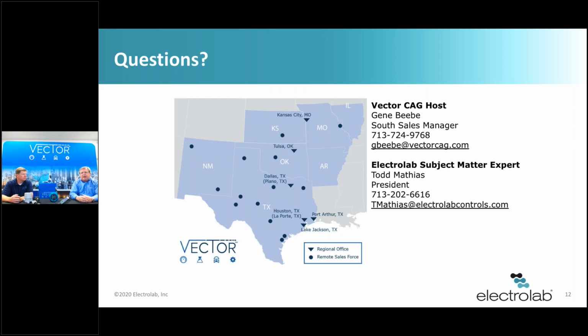Sure. I sat on the API 18.2 committee that talked about safety and custody transfer and upstream production tanks. That committee has ended their work, and that's now an active chapter in the API standards. And now we're working on 3.1B, which